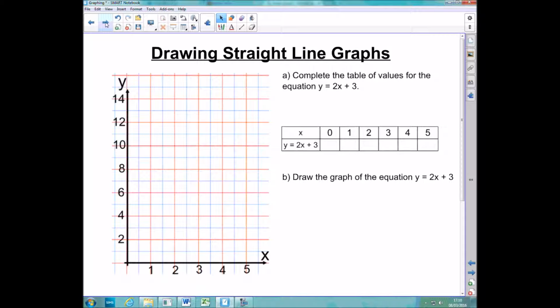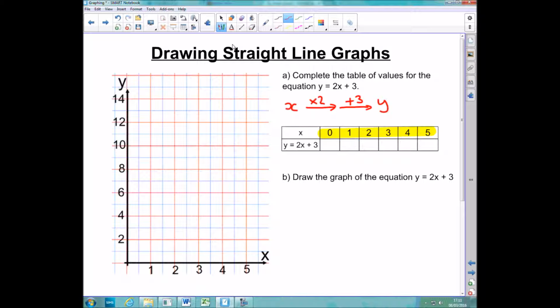3. So before we start filling in this table, we've just got to have a think about what this equation is telling us to do to this value x. Well, firstly, it's telling us to times it by 2, and then it's telling us to add 3. Okay, this is a double step equation. And what happens is we get the value of y out at the end. So what we're going to do is we're going to apply all these functions to these numbers in our table